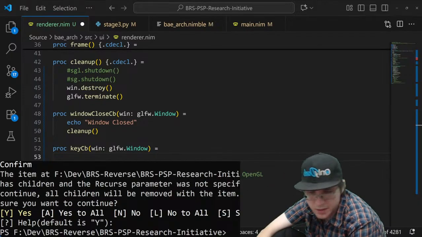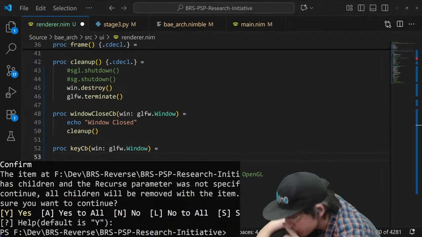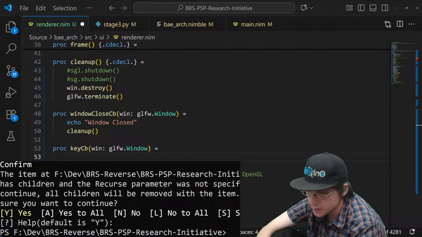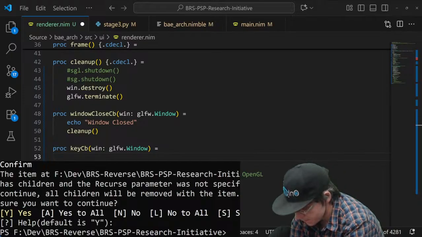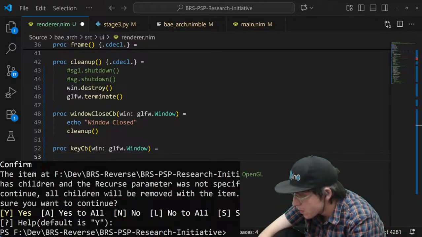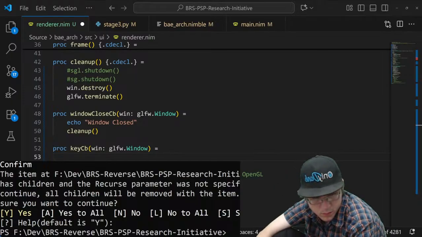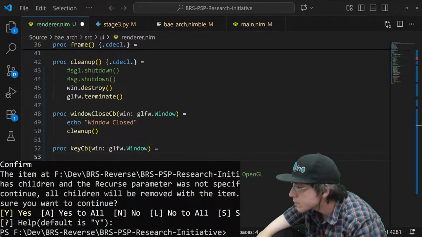Set key callback. Here, let's set up that key right now. Key callback, here we go. Key, scancode, action. What's the key action? Insert into array.